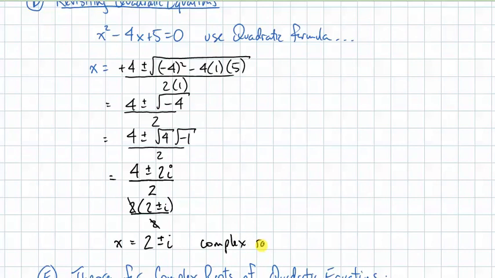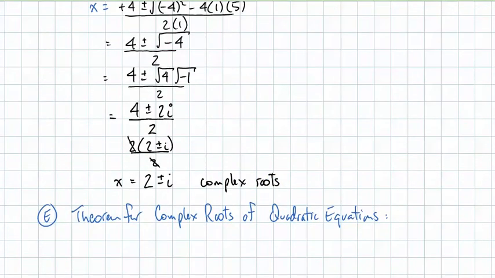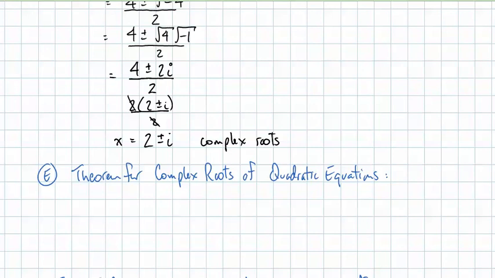Previously, we would have said no real roots. Well, they're complex. This leads to a theorem for complex roots of quadratic equations. We say that if c plus di and c minus di are roots of a quadratic equation, like the example I just did above,